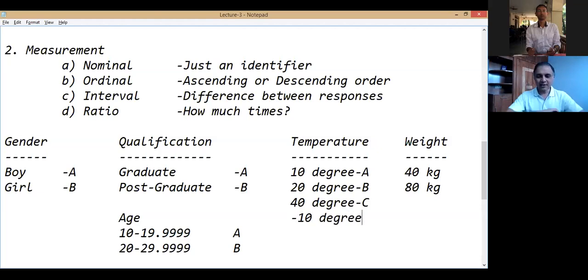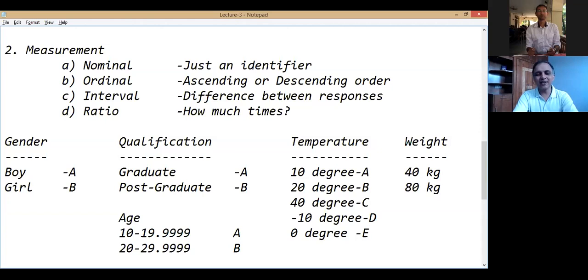Now in this case, what will you say? How much is the temperature of city C to that of city D having a temperature of minus 10? Can you say it is minus 4 times? Or there can be something else. There is a very cold city where the temperature is 0 degree. Now my question is, how many times the temperature of city C to that of city E? E got 0 degree. So we cannot say this is 4 times.